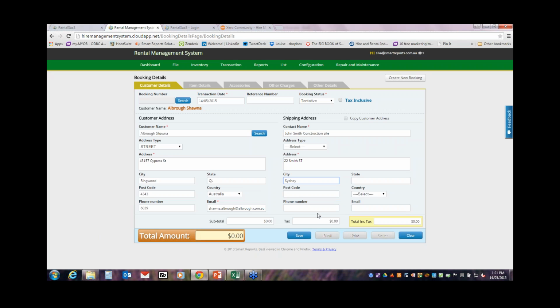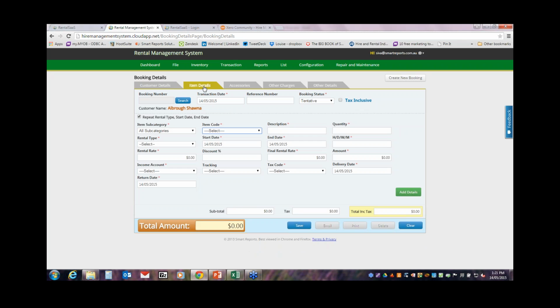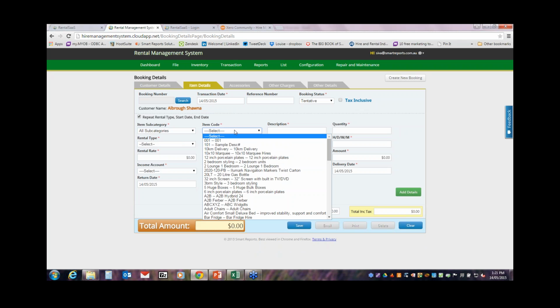And then you can maintain phone number and other details. However, if the location of your equipment is the same as the customer address, you can simply copy the customer address in there. Then you can specify what equipment you're going to rent out. You can either select by category or, if you know the item code directly, you can start selecting the